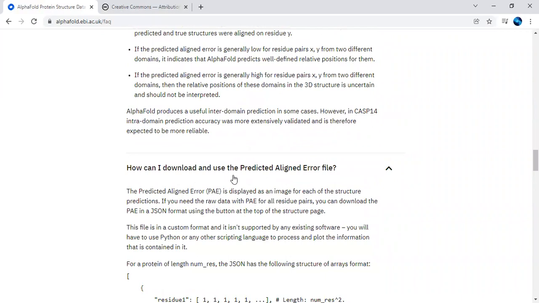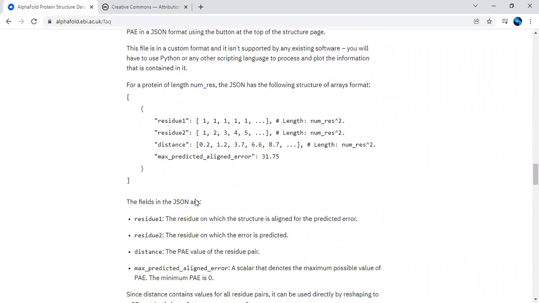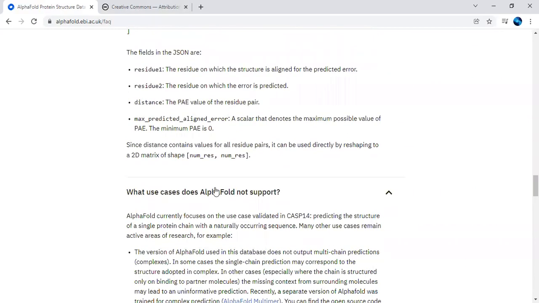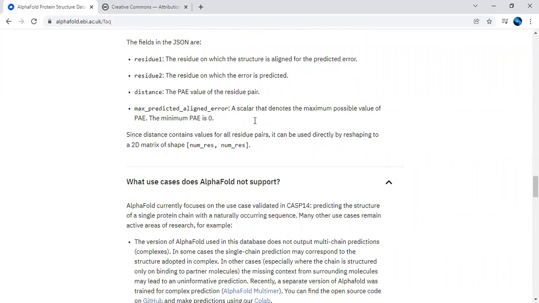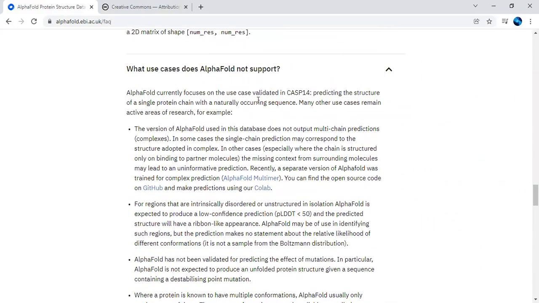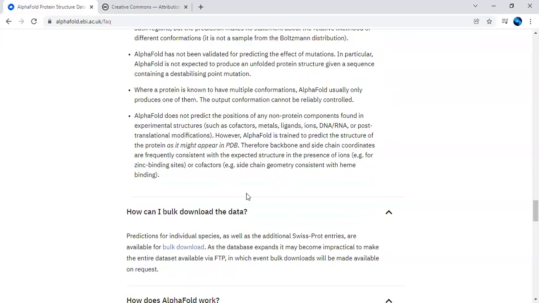How can I download and use the predicted aligned error files, those files are available, and how we can use them you will find in the script or source code they have shared. What does AlphaFold not support, that also they have shared over here, so that you can find the difference whenever we are working with such kind of resources.